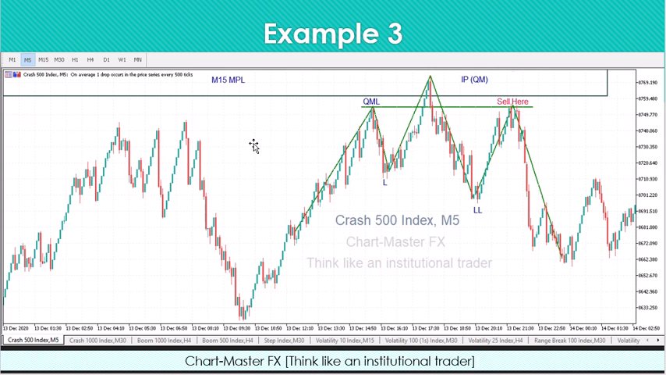So let's go to example number 3. On example number 3, here we are on Crash 500 index M5 again. Here, guys, what you do, you look for the higher time frame, which is the M15. You identify a certain valid decision point. Once you identify that decision point, you go to the lower time frame. Here is the M5. As you can see, there was a Quasimodo that was formulated here. We have a low here, we have a lower low. So what happens is that when the price comes back to the QM level,